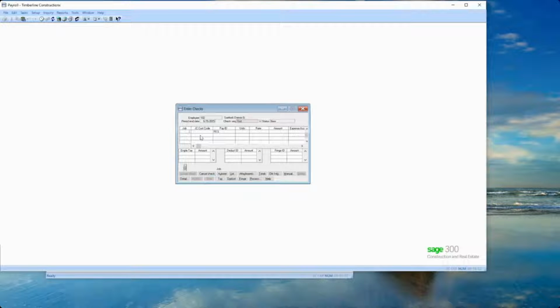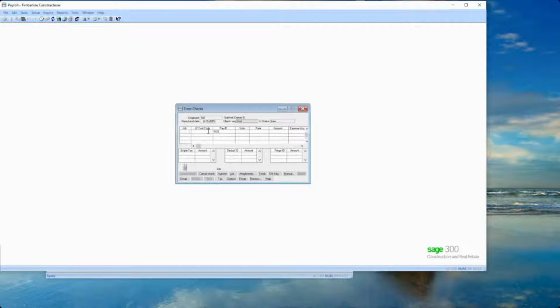Okay. So what comes up in the entry screen, and this comes up for enter time and also enter checks, is the job and the cost code. It does not have category because the best practice is to set up the category on the pay, but you can add a field here for the category if you want to. This form doesn't have it. But so job cost code, you enter that.